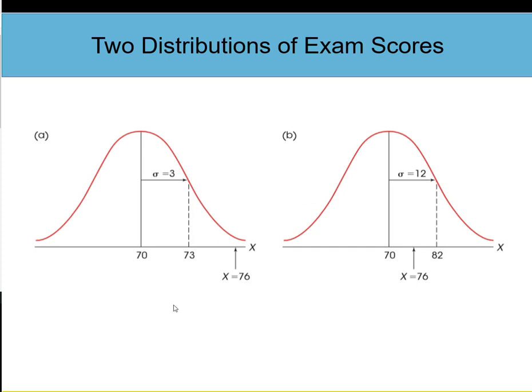So if we look and we see that in the first distribution, the mean is 70 with a standard deviation of 3, and you scored a 76, you're 2 standard deviations above the mean, so you did fairly well. If in the second distribution, the mean is 70, but the standard deviation is 12, you're within 1 standard deviation. You're halfway through, so you did better than most people, but you are within 1 standard deviation of the mean. And if you remember, 68% of the people will fall within 1 standard deviation plus or minus,